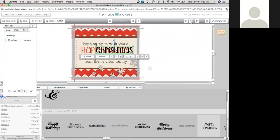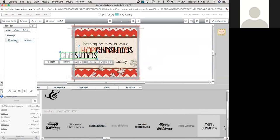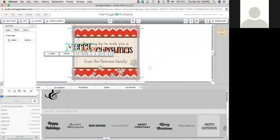And then I'm going to copy and paste, sit it up here close next to it, adjust, and then I'm just going to slide this up and grab Merry. And then shorten it a little bit because the word's not quite so long. Click done. And then I can line it up again with Happy Holidays. Space it out just a little bit. That way I can